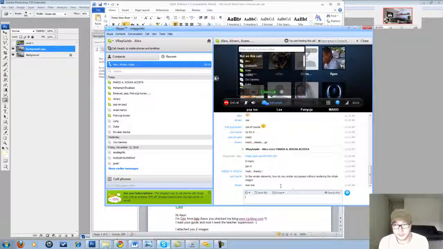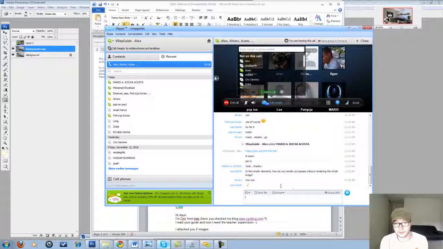Because, for example, if you're looking to get wire color or render ID pass to get isolation, stuff like that, I think you can lower the resolution and render it in 5 minutes or something, and then you get all the passes. Okay, but if you're looking for something else,